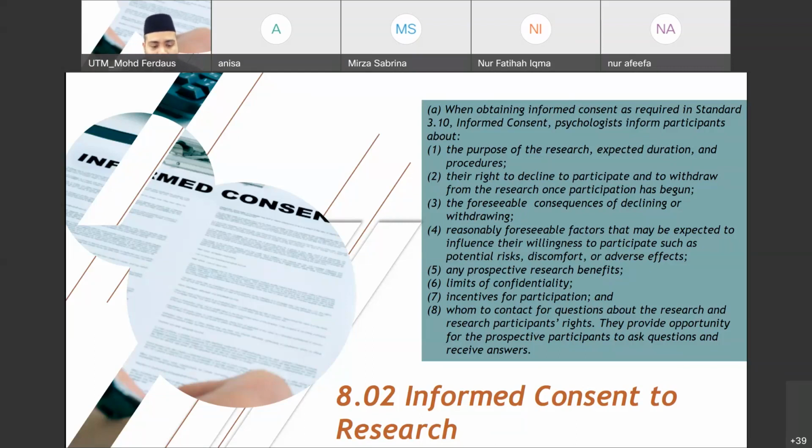you need to inform them that, as part of our responsibility, if any of your respondents show a very high tendency to commit suicide, at the first place, we need to assure confidentiality. I think you've learned it at the beginning of the class. We need to assure confidentiality, which means that we are not going to disclose their information, their score or their marks on our test to other people. We just want to analyze the data.